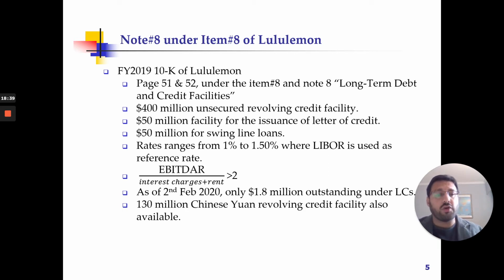Plus, there is a covenant. A covenant is actually a condition which should not be violated. If it is violated, then the lender might come up with more stringent requirements for the company. For example, one of the covenants is that their EBITDA, which is earnings before interest, tax, depreciation, amortization, and rent for the leased premises for the store, their ratio to the interest charges plus rent should be greater than 2. So all the time from the EBITDA,